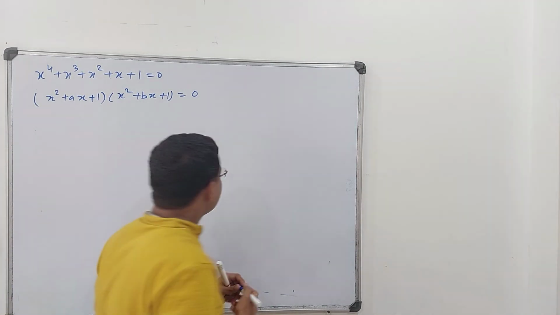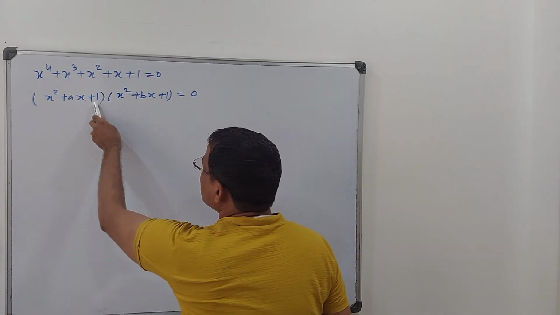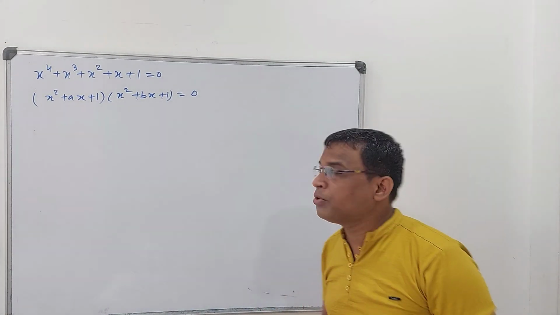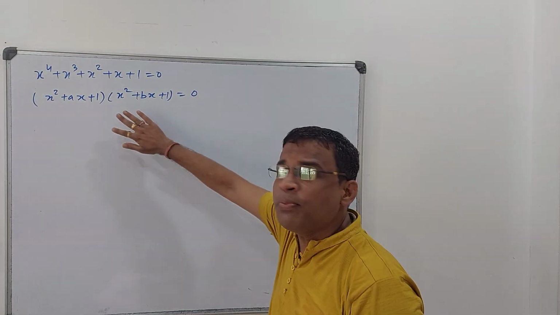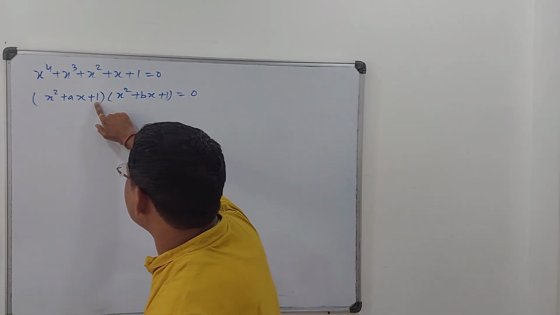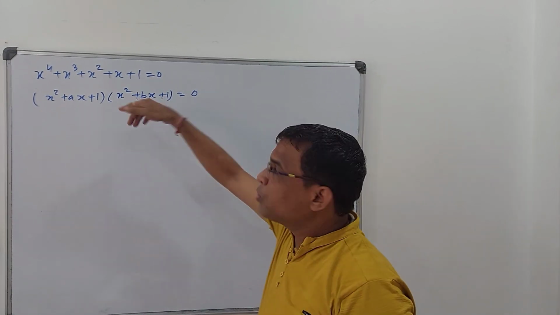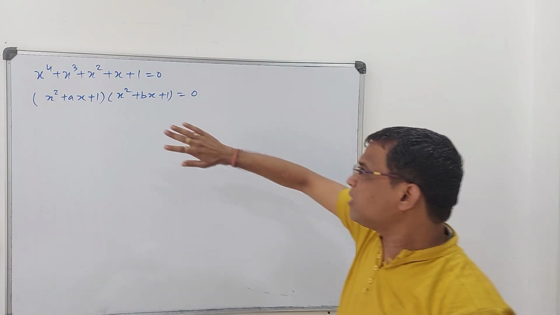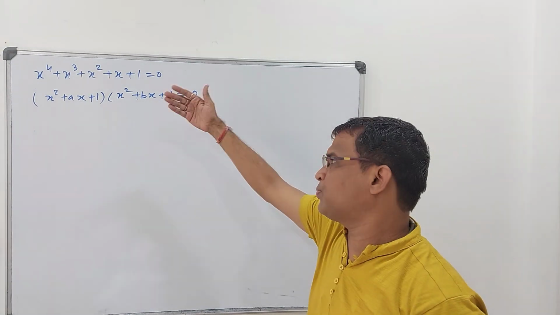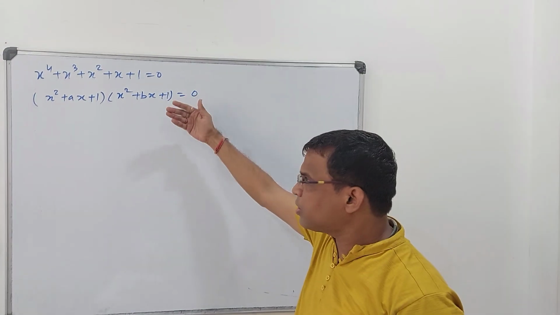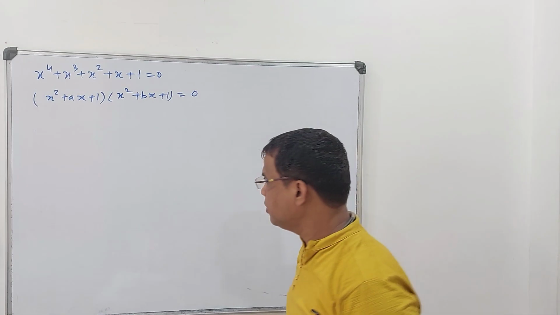Someone can ask me why can't we have minus 1 and minus 1 here? That too is a very good idea, very good approach. That is again a possibility, because if you put minus 1 here and minus 1 here, ultimately minus 1 into minus 1 is plus 1. So you can try that also, but let us try first with this. If this works, fine. If it doesn't work, then we can go with that approach also.